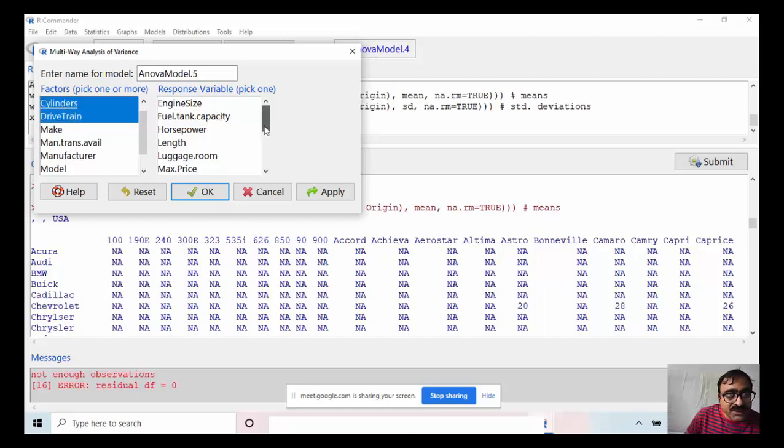And here I select the response variable, suppose price. Is the price different for different numbers of cylinders or not? You see.